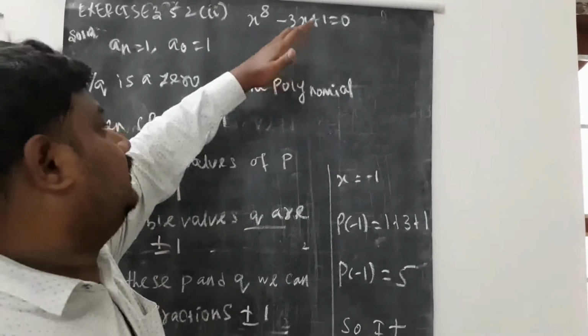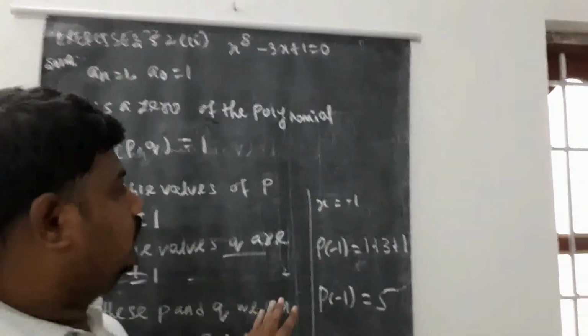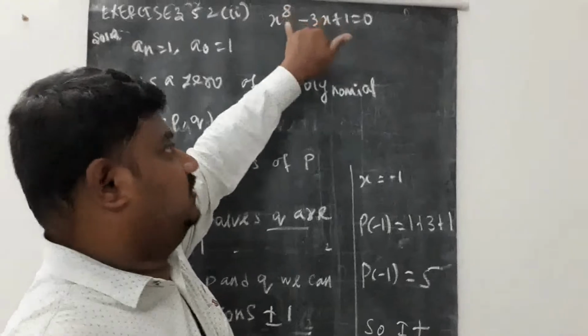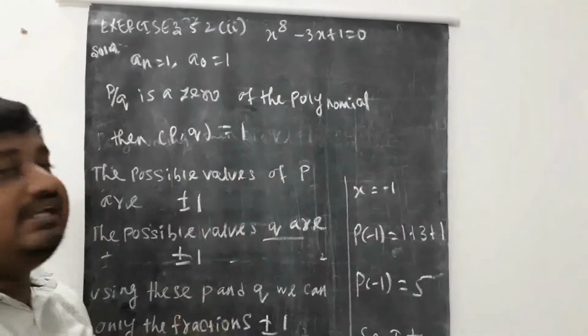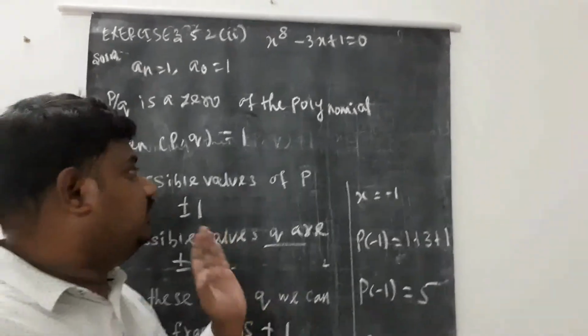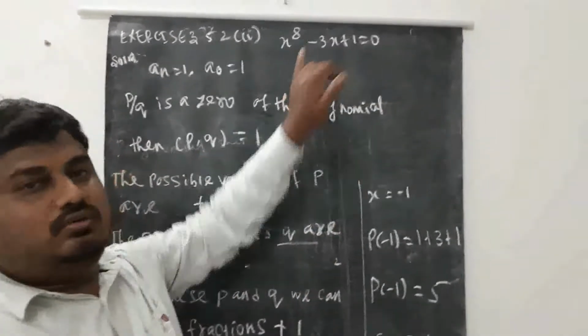So you can find out the possible rational roots and which one is a rational solution. That's enough for us. We can't find all the solutions, because the question asks only to examine using the rational root theorem. So you can only find out which one is a rational root, from the possibilities given by the rational root theorem. We can't find all the solutions.